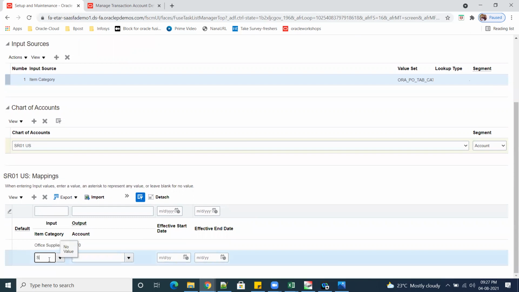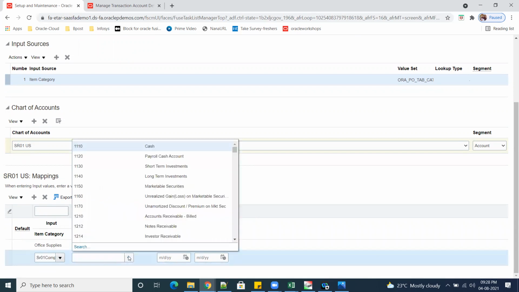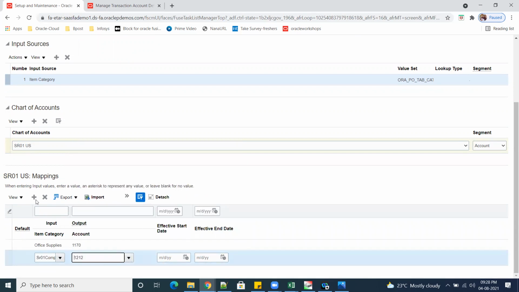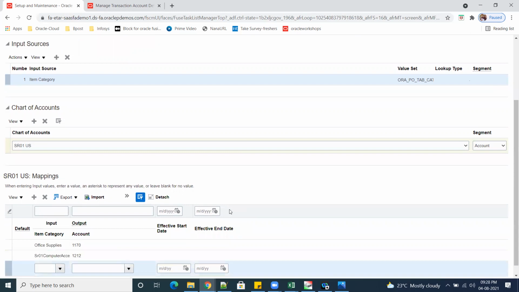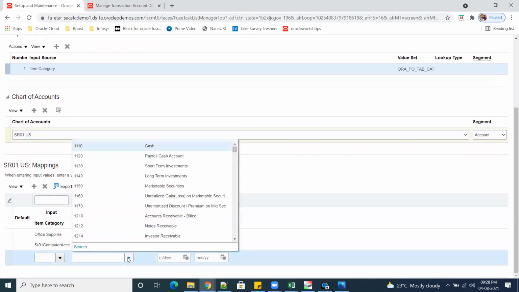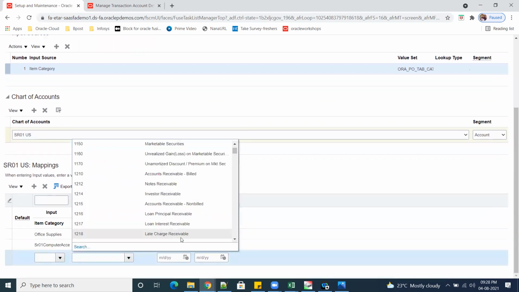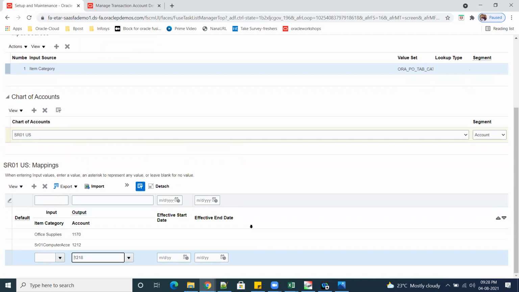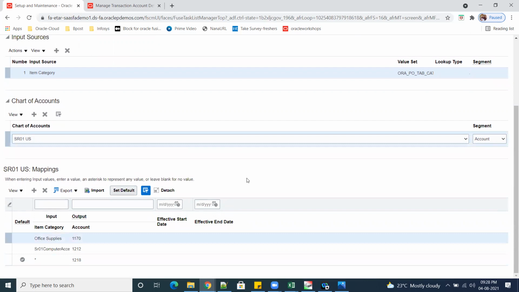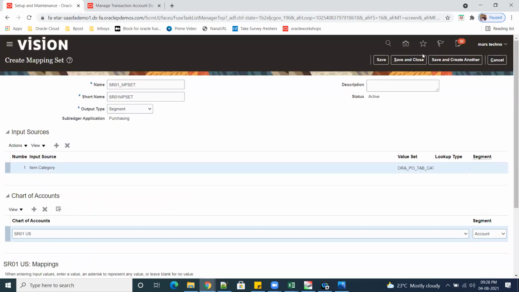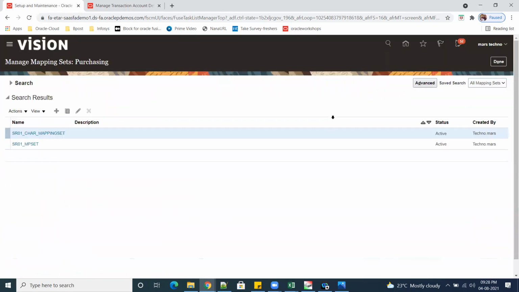If it is SR01, my account is something. For the rest of the things, my account is some other one. So you make the last one the default. Okay, and then save and close.